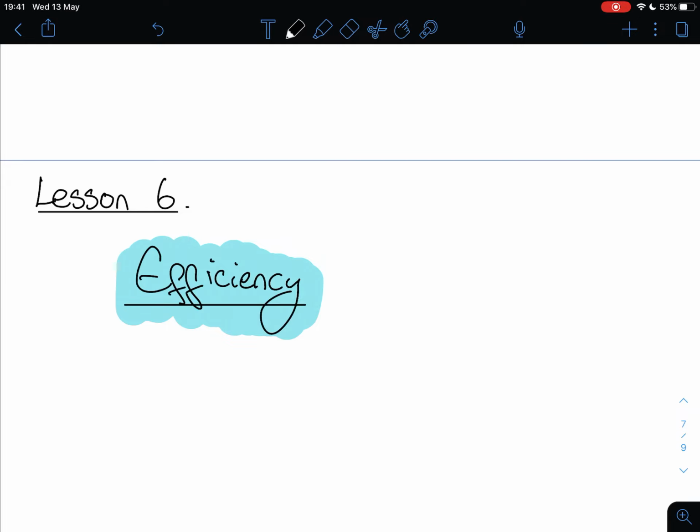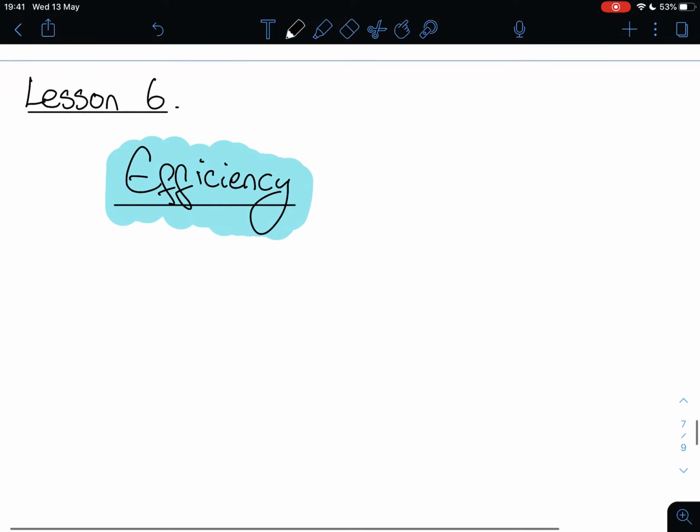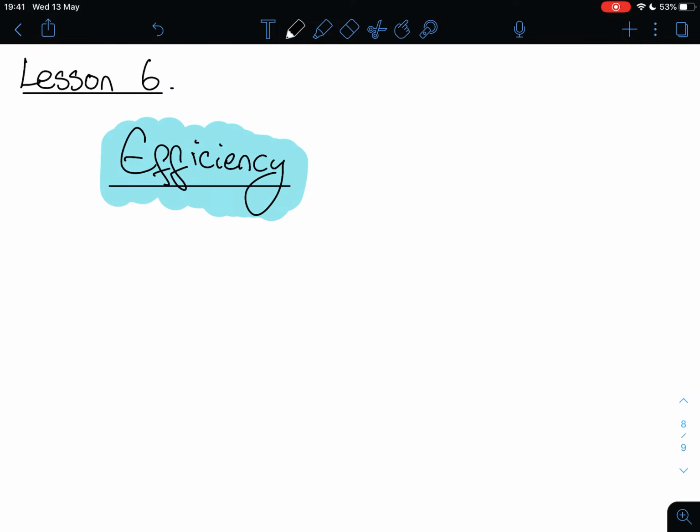Lesson 6, the efficiency equation. As a kid, I hated this. It just confused me. I'd like to think I'll do a better job than my teacher did, but here we go. Efficiency means how much of the energy you put in,